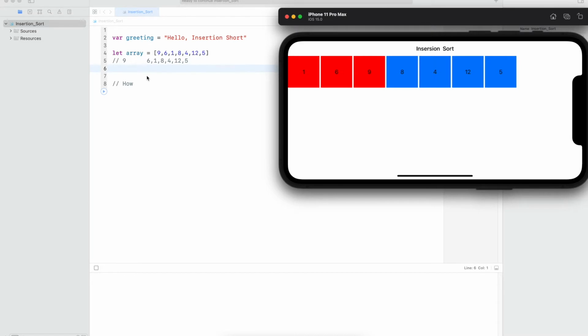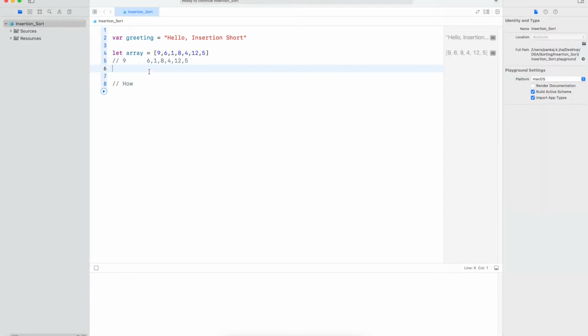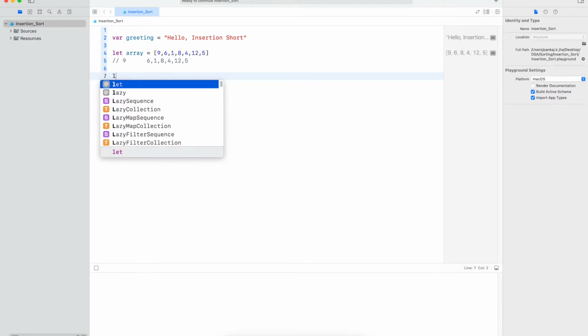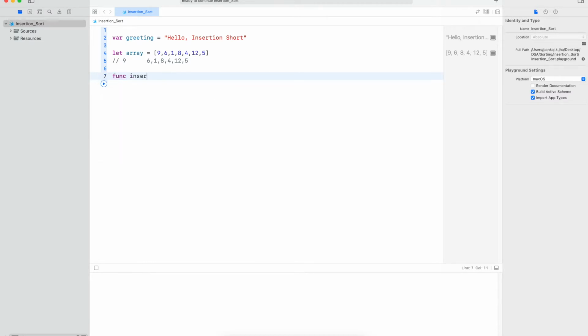Let's jump into the code. Let me create a function, func insertionSort. It will take an array of integers, as we know, and it will return the sorted array. I will return the sorted array.